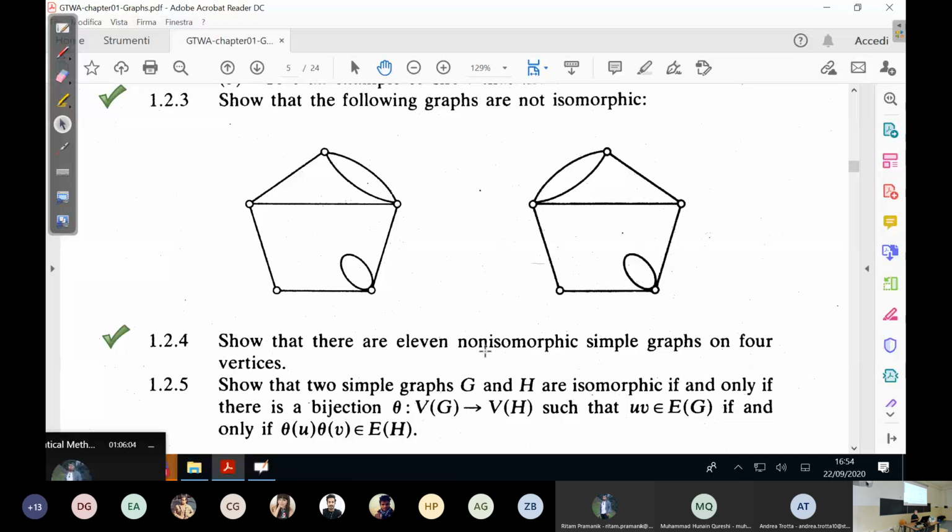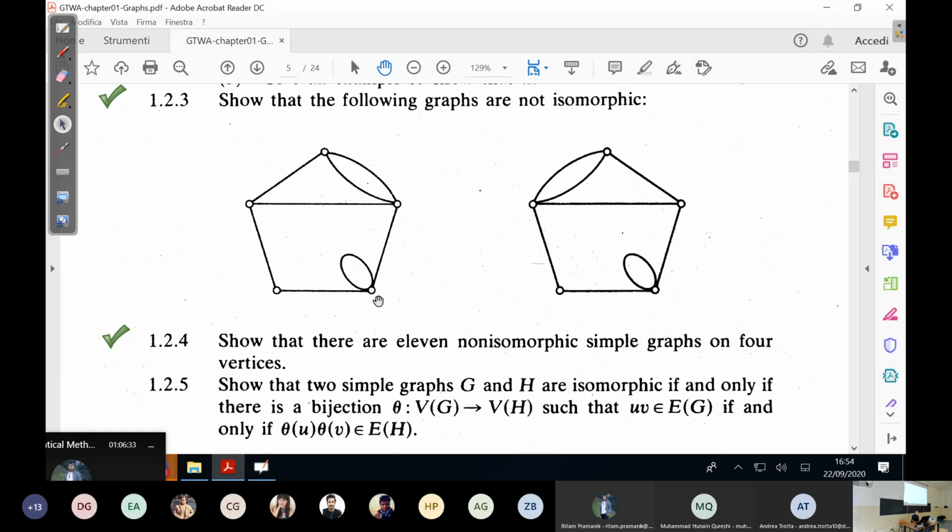So, is there an edge which is in a very particular situation or not? There is a loop. A loop must go to a loop. If there is a loop on the left and a loop on the right, necessarily the one loop we have here must go to the one loop we have here. Why? Because